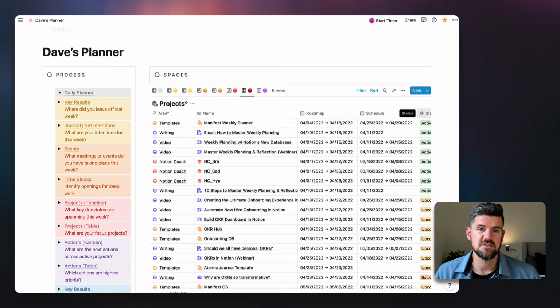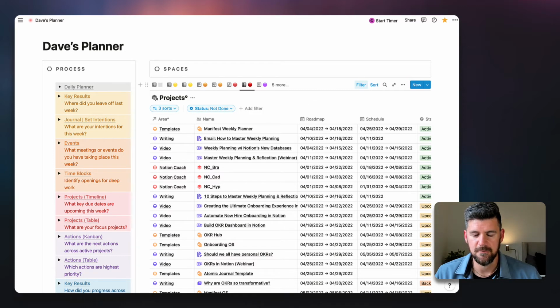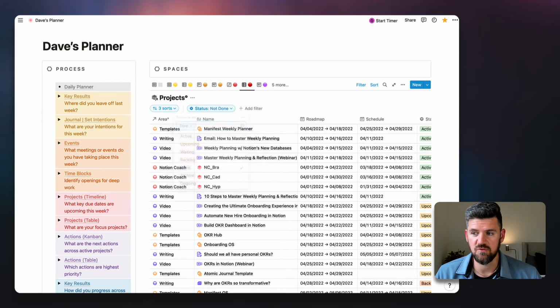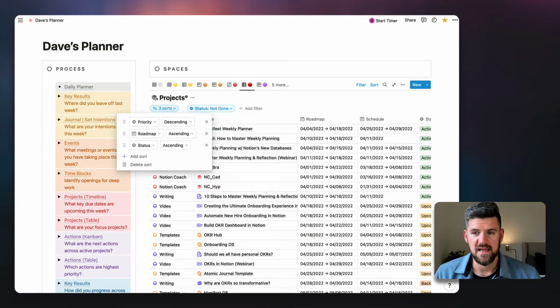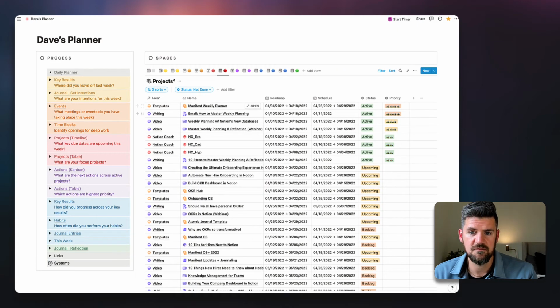Whereas the first one was only active projects with upcoming due dates, this is a little bit different, where it's anything that's not done, and it's sorted in a few different ways. In this case, it's sorted by highest priority. If we zoom out a little bit, we can see that all the highest priority projects are at the very top.